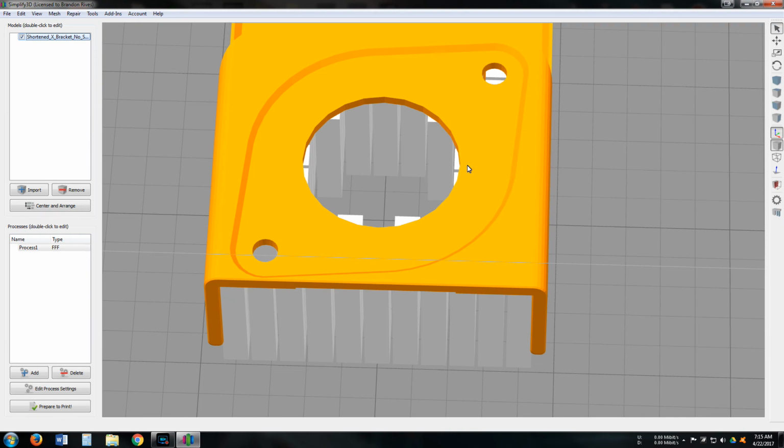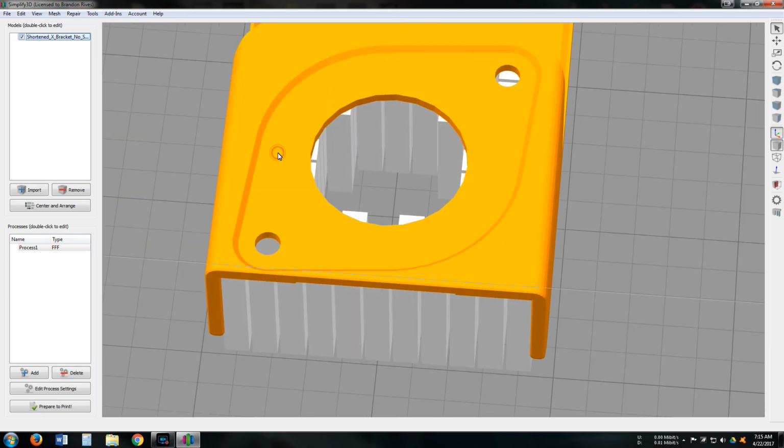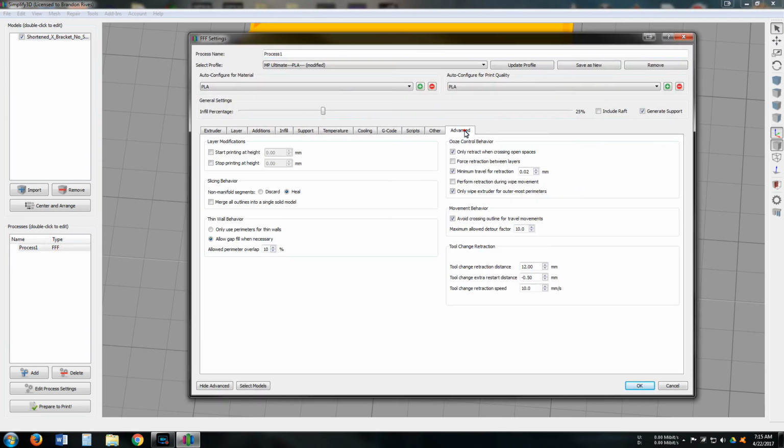If I have that checked, it will force it, if it's not already printing like that. If it says, hey, I want you to go from here to here, it will say, hold on, we have this setting that tells us we need to go all the way around here before we start printing here. So that just makes it avoid going from here to here if at all possible. So that is what that particular